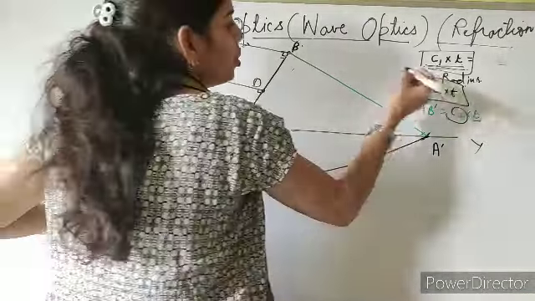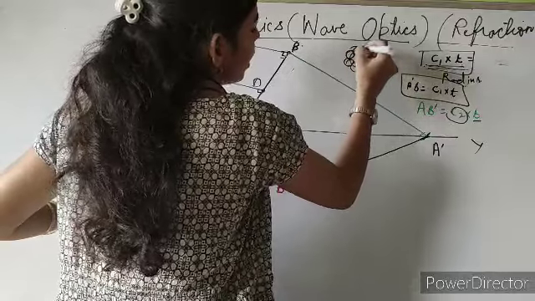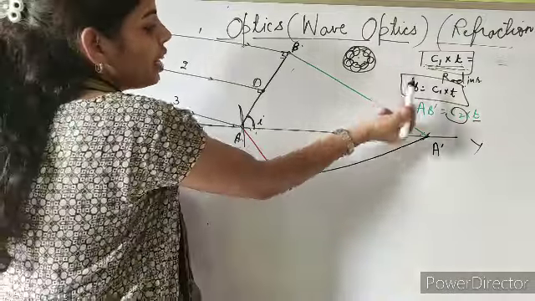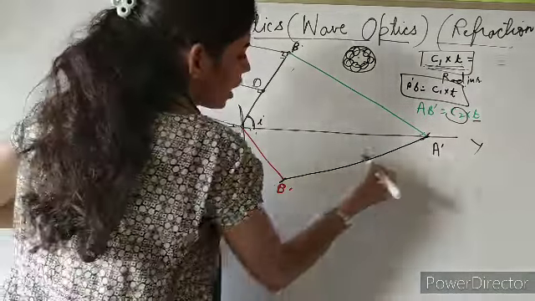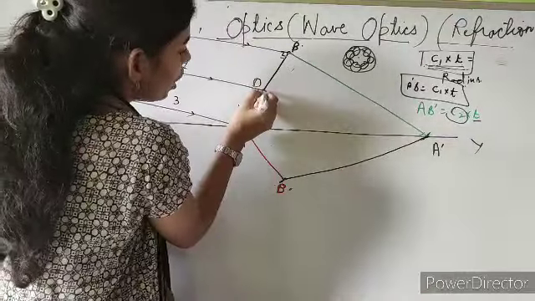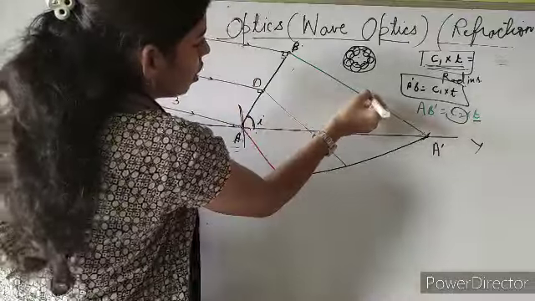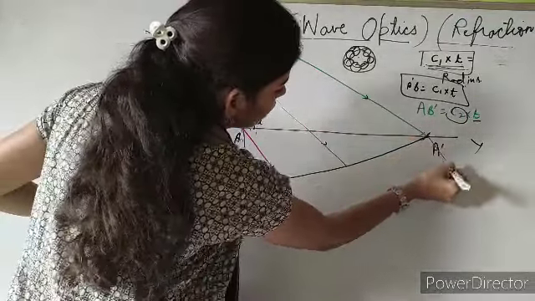You know, when you draw a common tangent to the secondary wavelets, that is known as a secondary wavefront. So this also is a secondary wavefront. Here this is the secondary wavefront. The rays will travel in some way like this, this and this, and they would propagate like this.